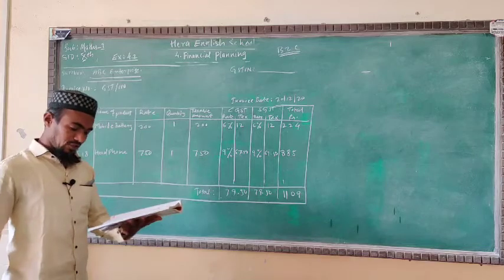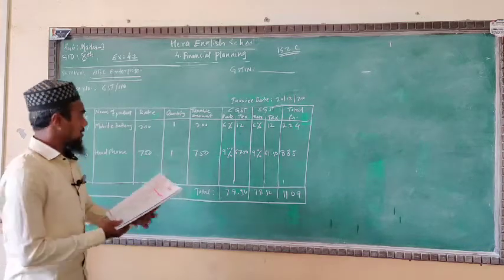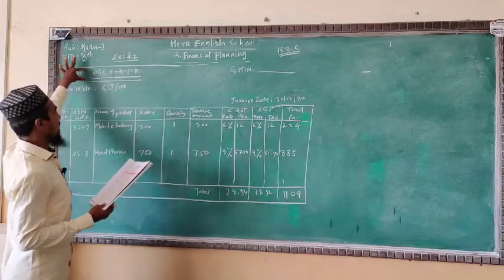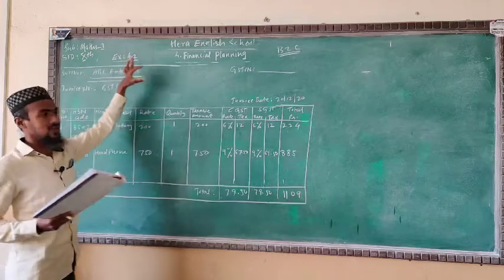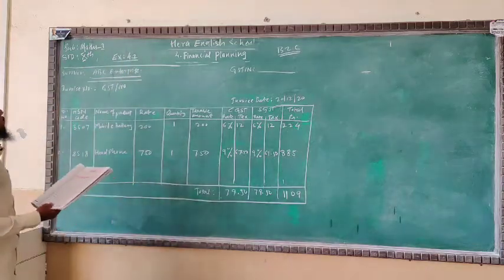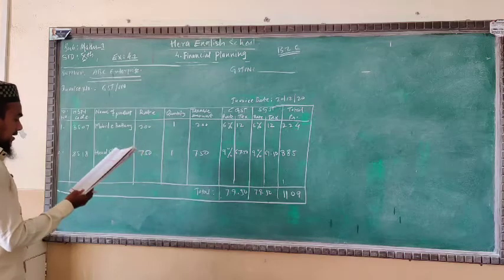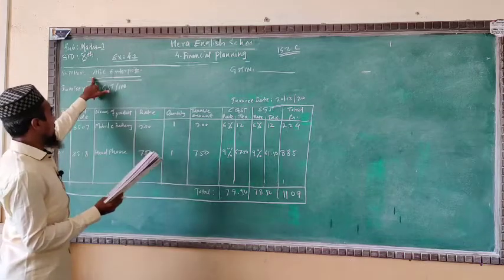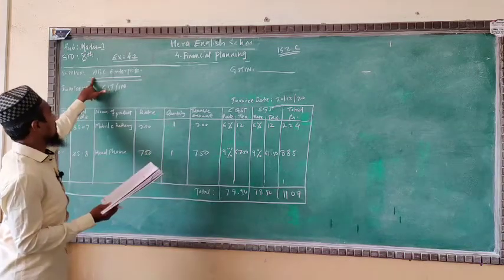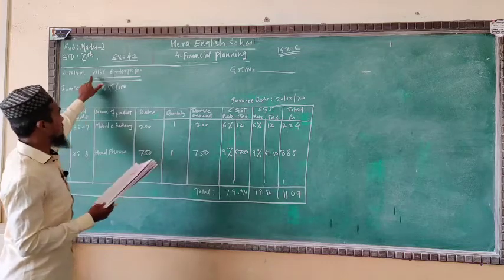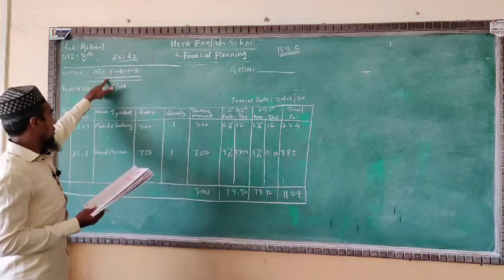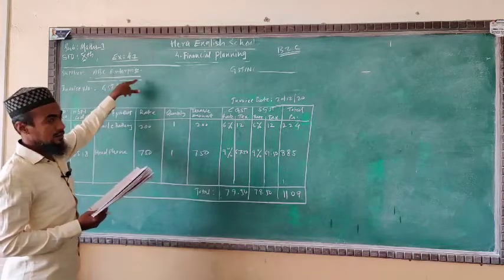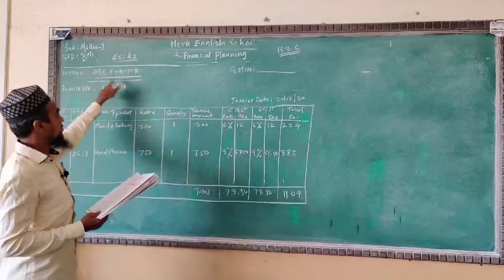Using the given information, write the name of the supplier. Here on the top of the bill we have to write the name of the supplier. I have written here ABC Enterprises. You can write any name, whatever you want. Then you have to write the state and the address of the enterprises. Suppose you write here ABC Enterprises, 124 Adarsh Nagar, Taluka Bhiwandi, district Thane, Maharashtra state.